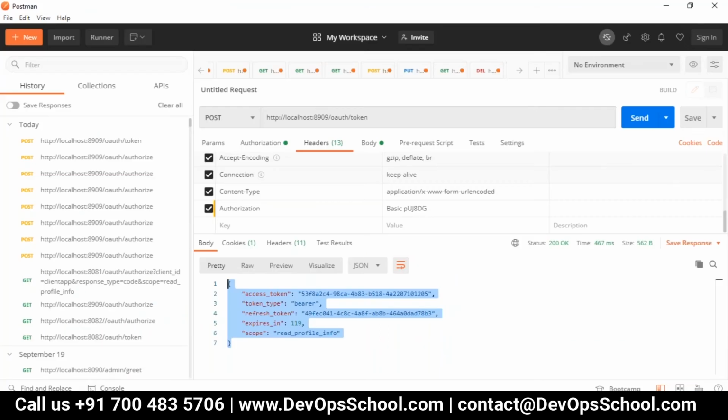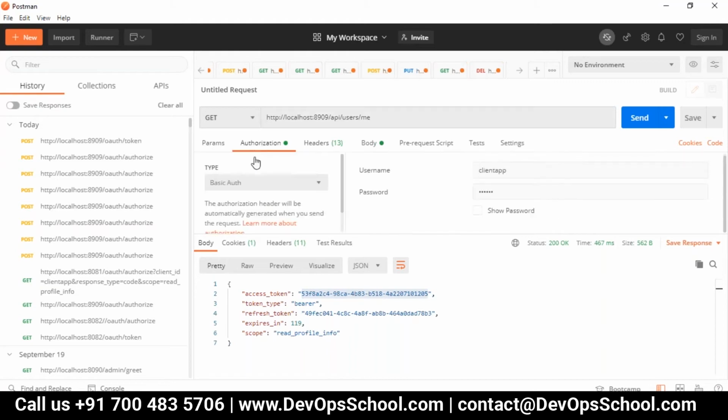So after this, the access token which we got, you can copy it, and I'm taking a GET request here. What is my URL? It is the API slash users slash me. This is my controller link.